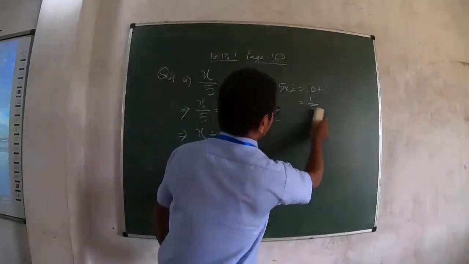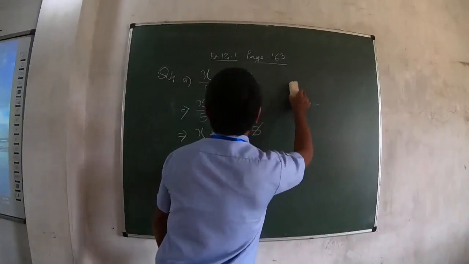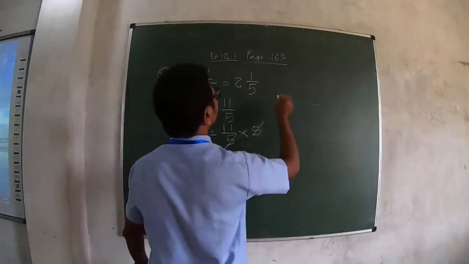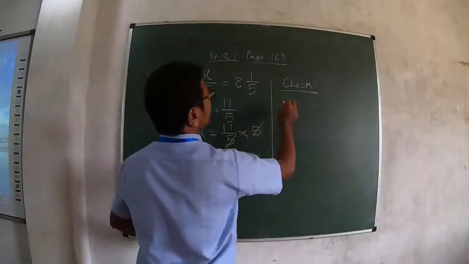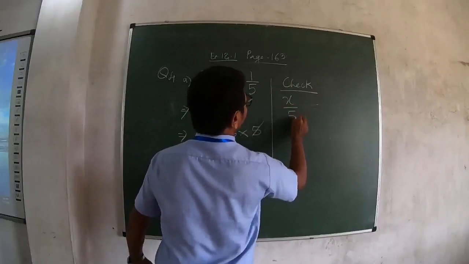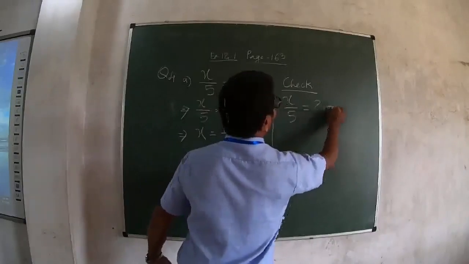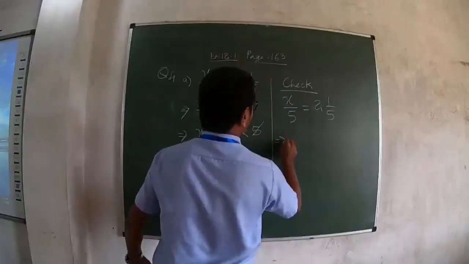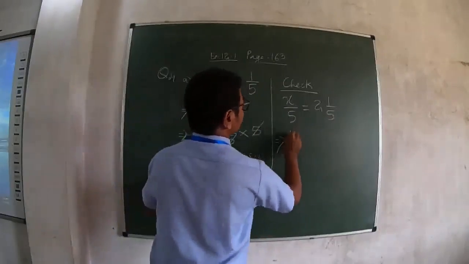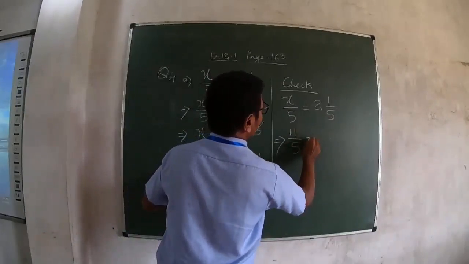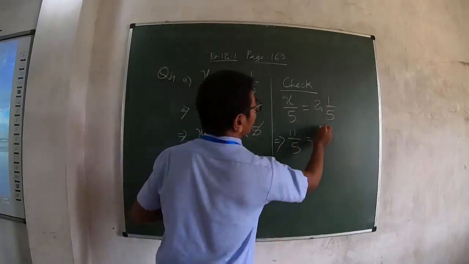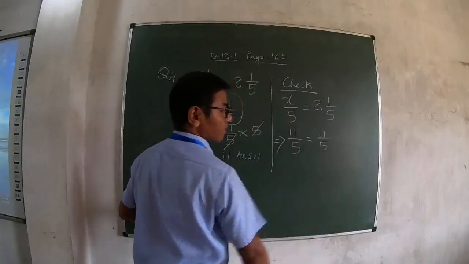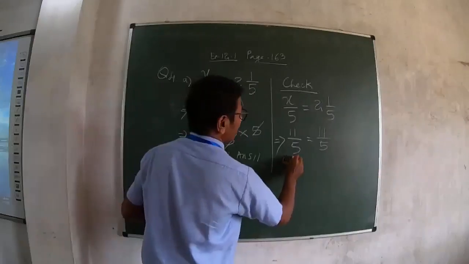Let's check. x by 5 equals 2 whole 1 by 5. What is x? 11. Now we know 2 whole 1 by 5 is from here 11 by 5. You just see, children, left hand side is a